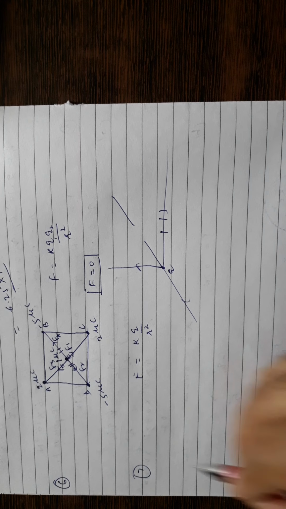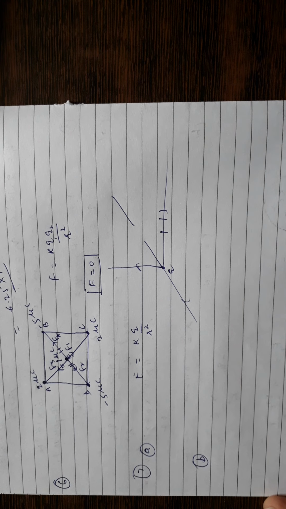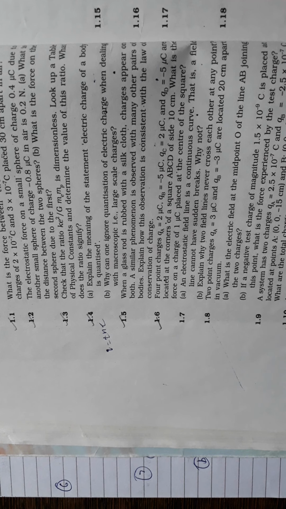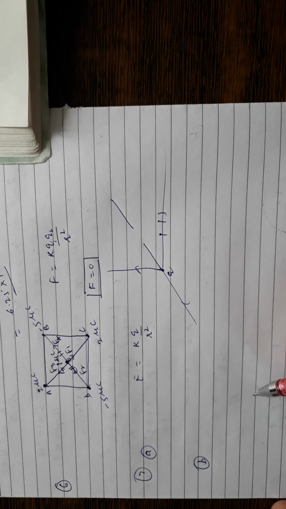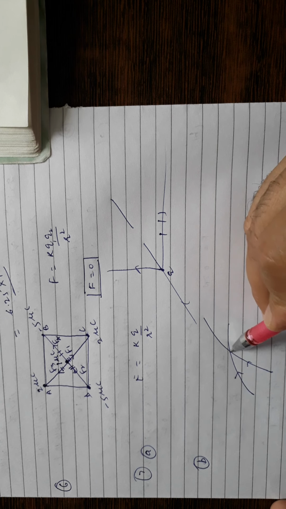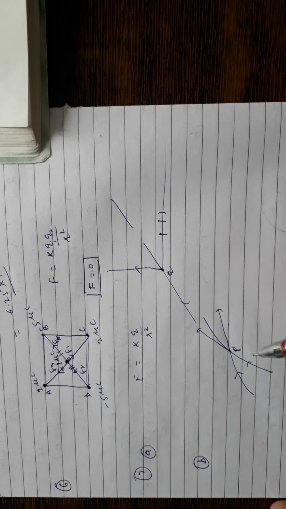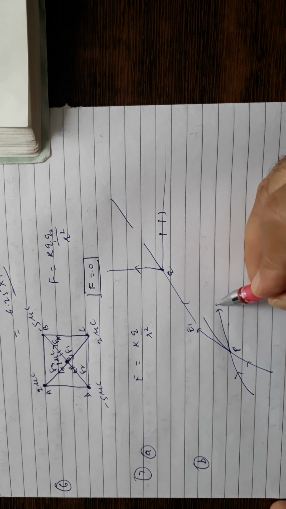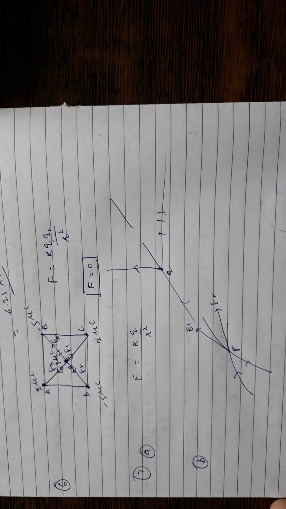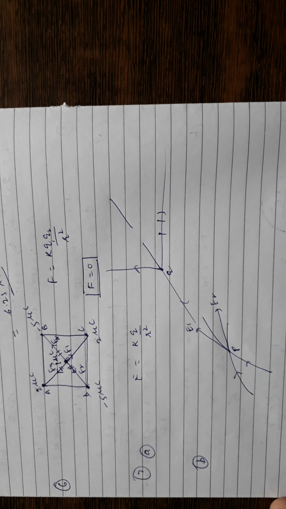Okay. Now the second part of this question is: explain why two field lines can never cross. This is a very common question, asked many times in the exam. Two electric field lines can never intersect each other. I have also explained in theory. Suppose this is one electric field line and this is another electric field line, and they intersect at this point P. Then we can draw two tangents, and at one point there will be two electric fields, and it is not possible. Electric field is a unique physical quantity. At one point there will be only one electric field.